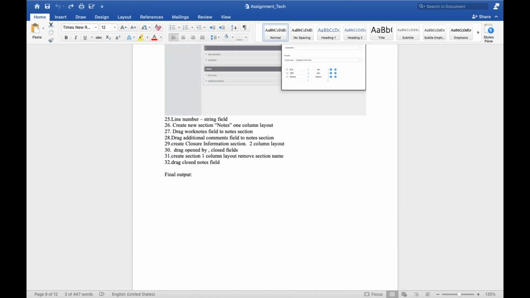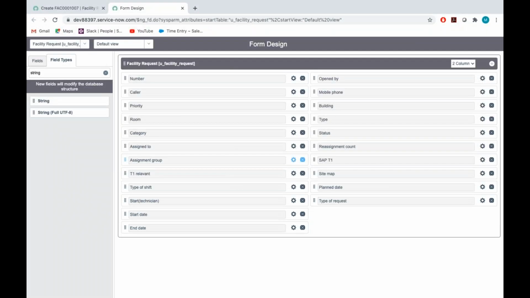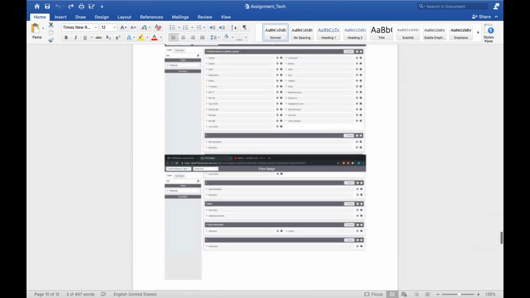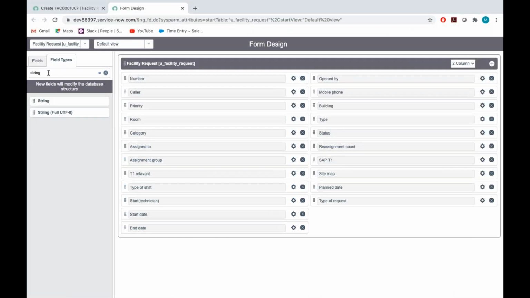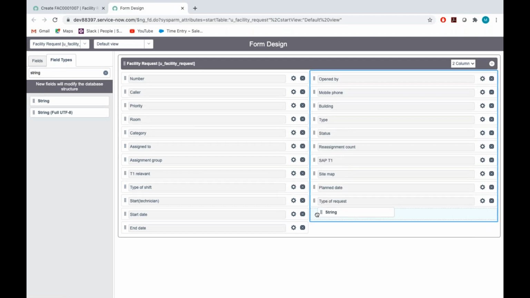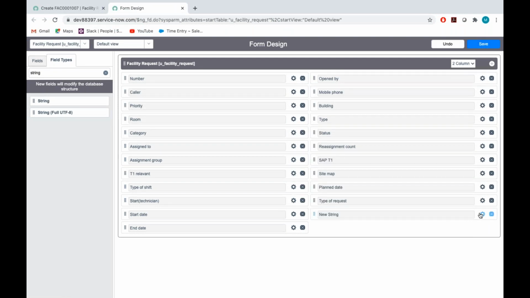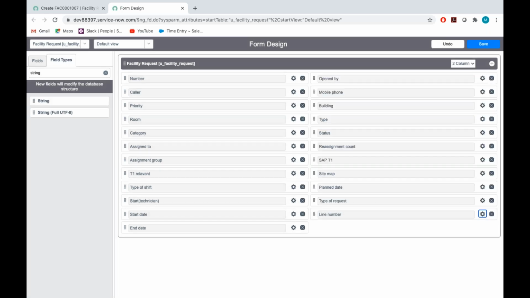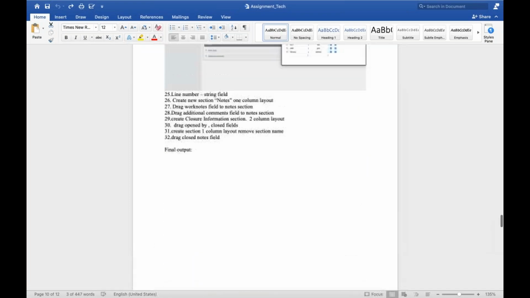And the next field, we are close to the end. Line number, string field. U_line_number. And the next one is